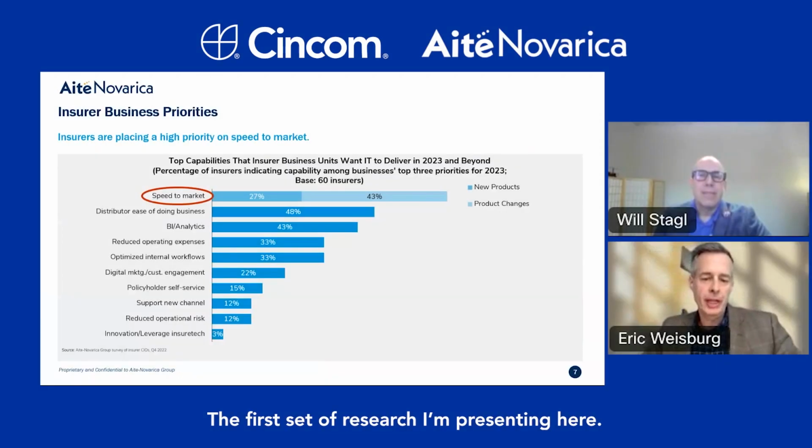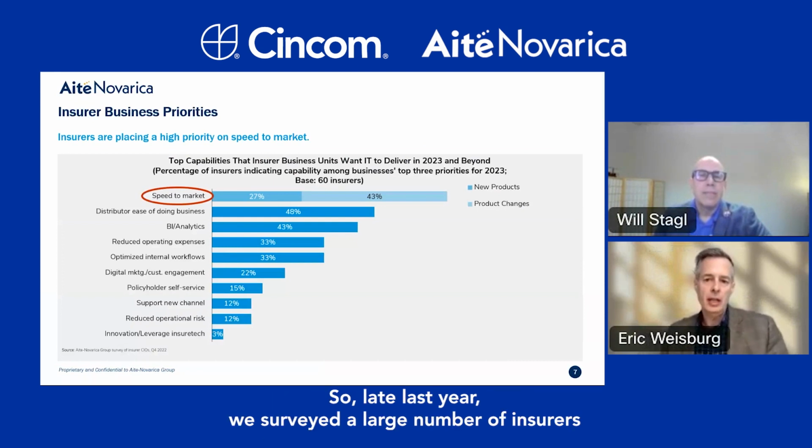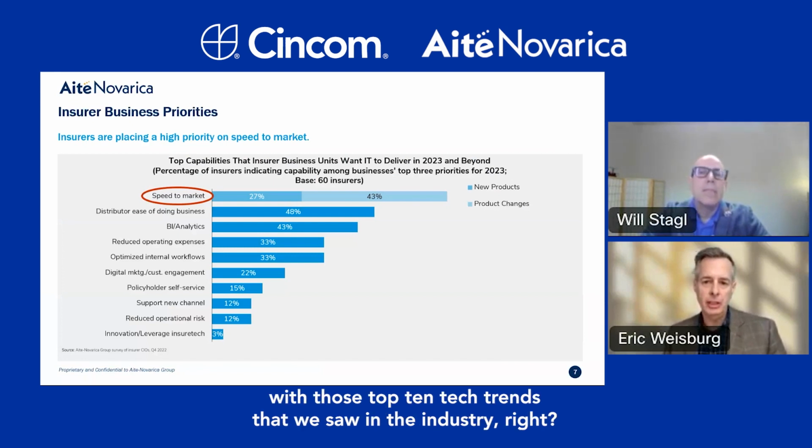The first set of research I'm presenting here, the next two slides, has to do with where insurers are placing their bets for the following year. So late last year, we surveyed a large number of insurers and asked them what were the capabilities that their IT departments were being asked to deliver. And you can see that these capabilities were aligned quite well with those top 10 tech trends that we saw